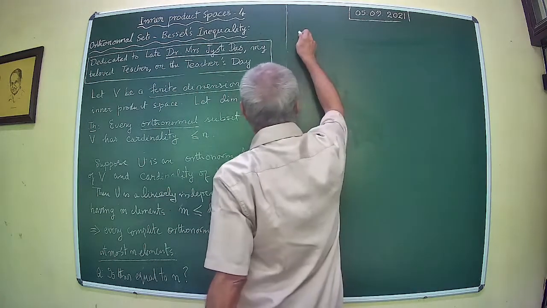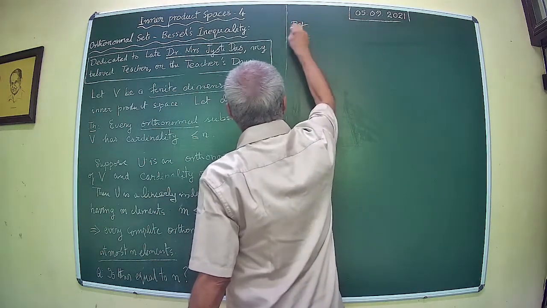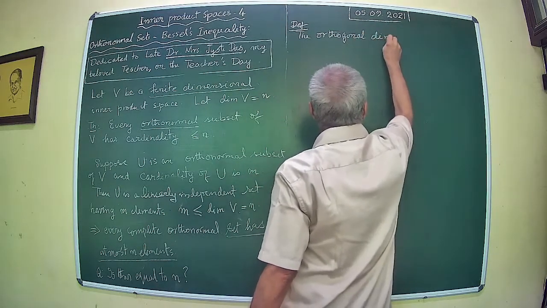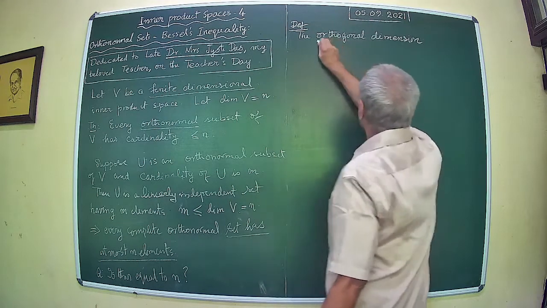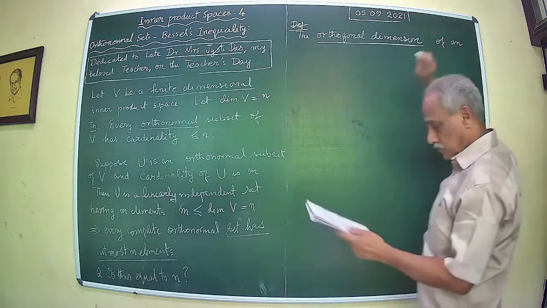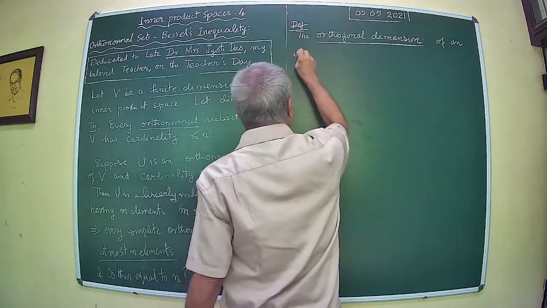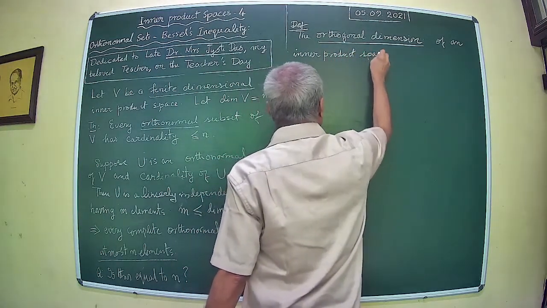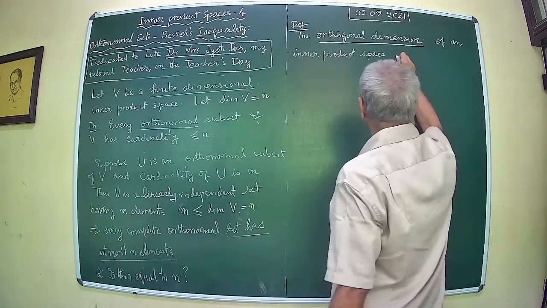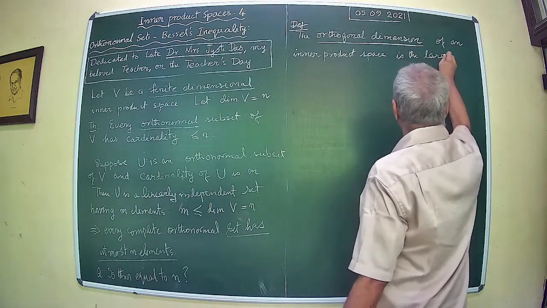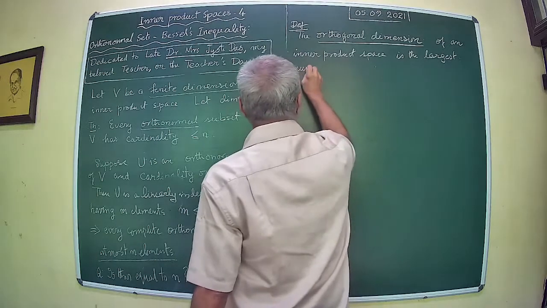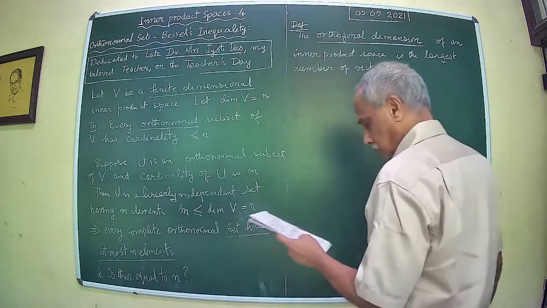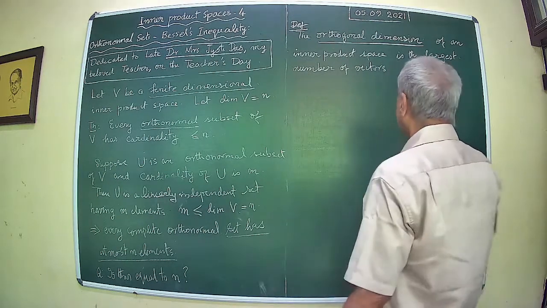The orthogonal dimension of an inner product space is the largest